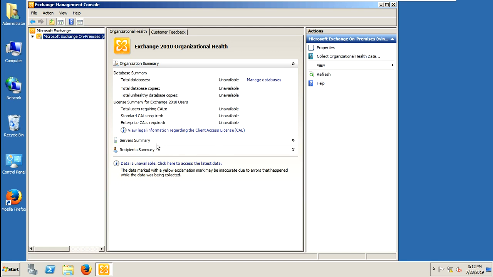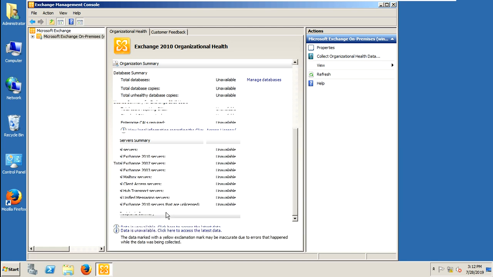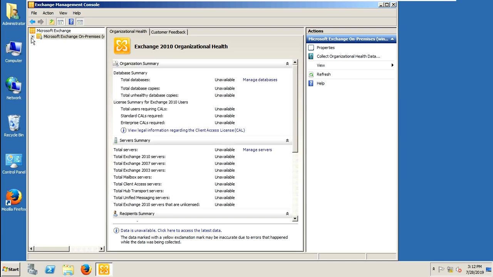Now there is no error messages or no activation messages or something. Now you can use